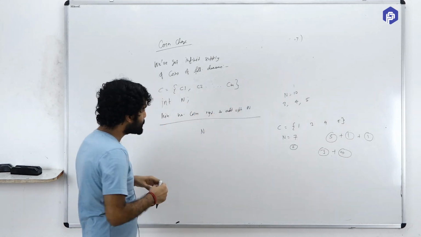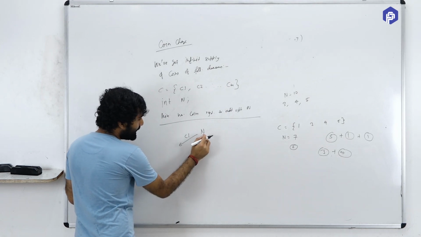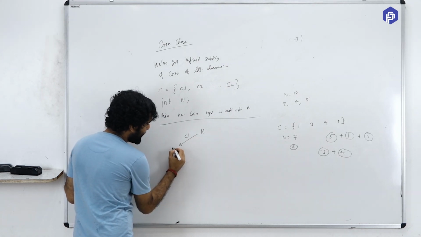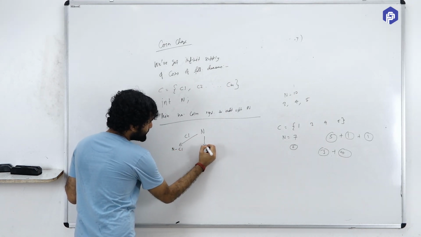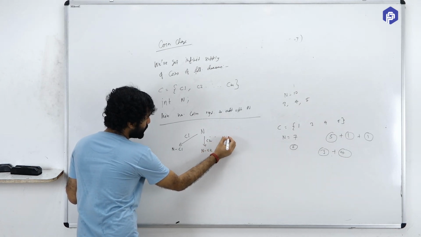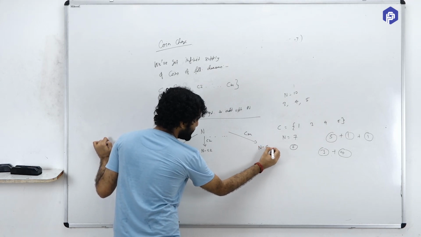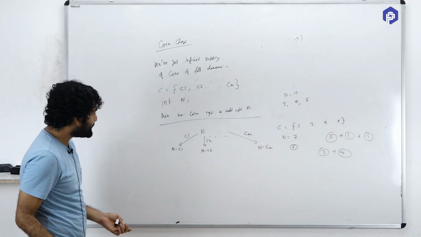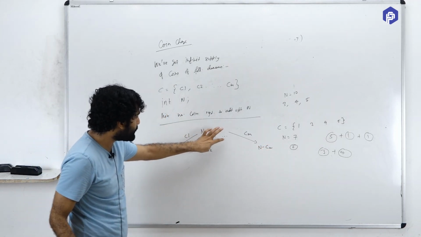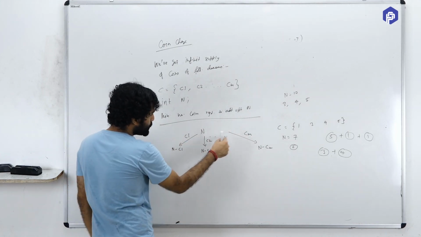So if you pick C1, the remaining amount of money which you have to make is n minus C1. If you pick C2, then the remaining amount of money that you have to make is n minus C2, and so on and on. If you pick Cm, the remaining amount of money to be made is n minus Cm. And now just think of it like this. Here you have just picked 1 coin, right? Corresponding to this case also you would have picked 1 coin, this case also.